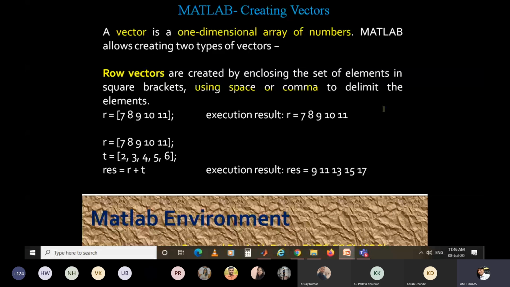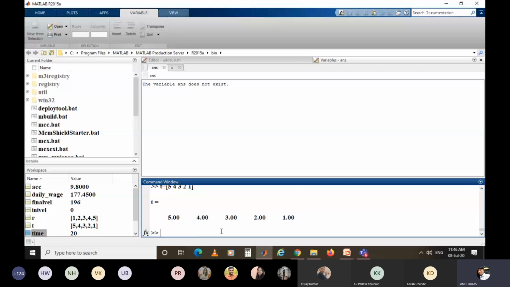So I will create T equal to in bracket 5 space 4 space 3 space 2 space 1, square bracket, and enter. Another row vector is created, variable name T. You can see it in the workspace.